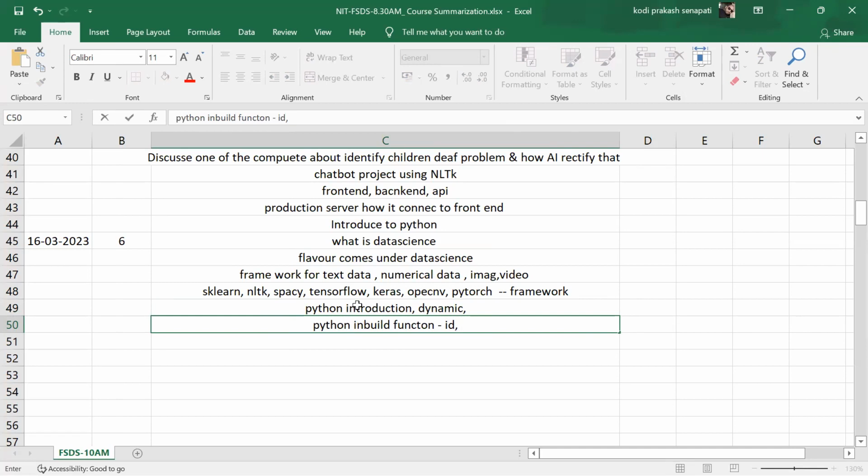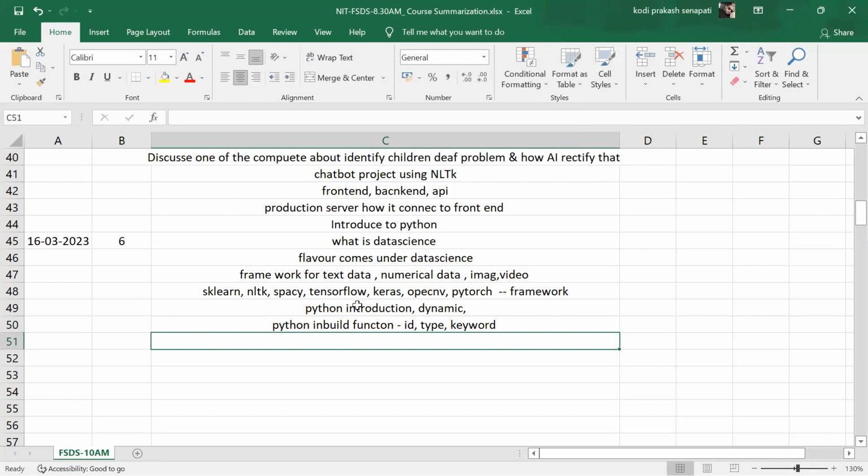What is id? Address of the memory location. Type. What is type? Data type. Right or not? Anything we check, guys? And we discussed a little bit about keywords. These are inbuilt words. I'll tell you later how to print all the keywords, right, guys?